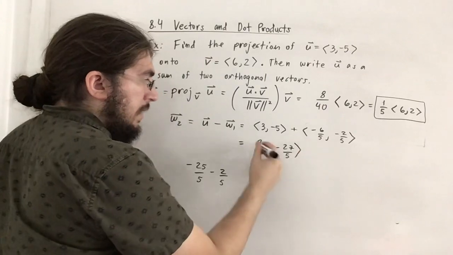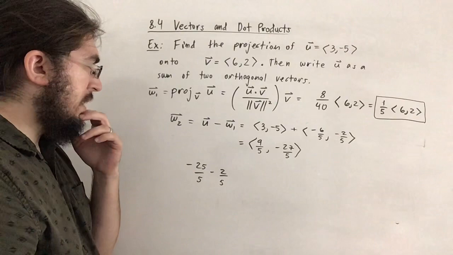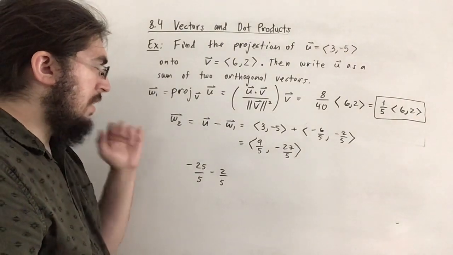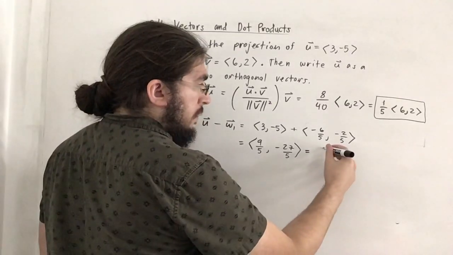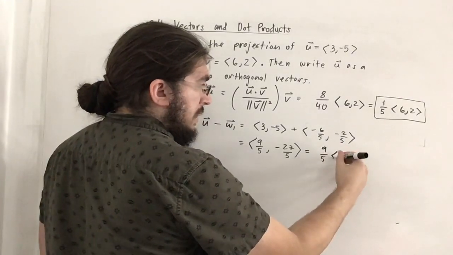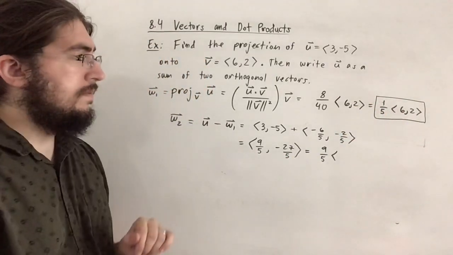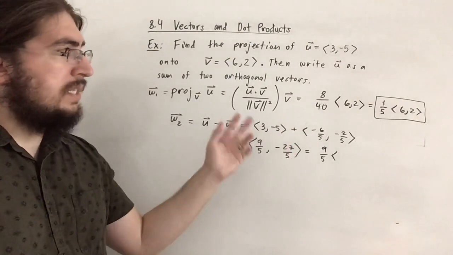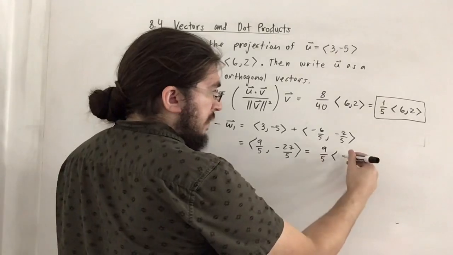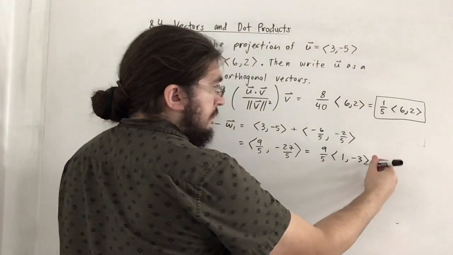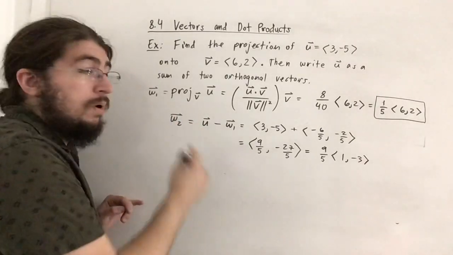That's nice because we can actually pull out a 9 over 5 here. It's something we don't really have to do, but I'll just do it anyways. So we can pull out 9 over 5 from this. Look, we could have pulled out a 2 in reality from here, so then we possibly could have seen some more relationship. But anyways, that's fine. Pulling out 9 over 5 gives us 1 comma negative 3. Nice. So now we can say U is equal to W1, which is